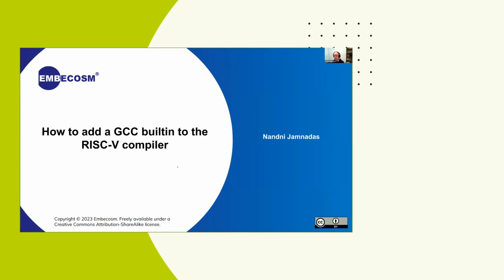So I'd say this should have been given by Nandini Jamnadas, who's part of the Embocosm team. Nandini is the head of the GCC project for the Open Hardware Group. For those of you who don't know the Open Hardware Group, it's one of a number of industrial consortia developing commercially robust and open source RISC-V processors. There's the CHIPS Alliance, largely based in California. There's the Open Hardware Group, headquartered in Canada with members around the world. There's the Low Risk team in Cambridge, and there are academic institutions that act as consortiums.